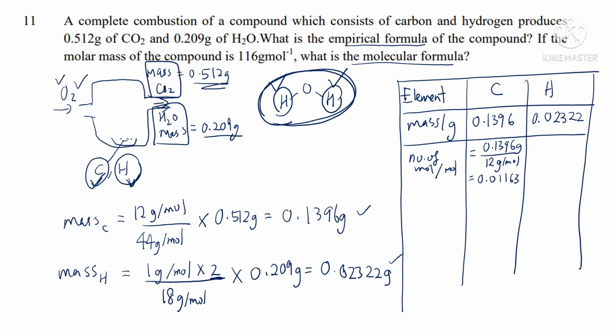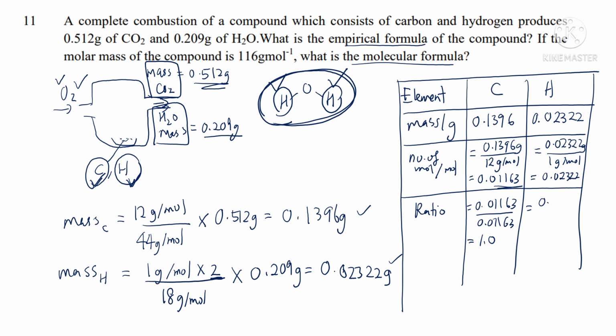That will give us the number of moles of carbon as 0.01163 mole. And the mole of hydrogen, also the same thing: mass divided by molar mass. That will give us 0.02322 mole of hydrogen. Then we can calculate the ratio. For the ratio, we need to divide by the smallest mole. The smallest mole is this one. So 0.01163 divided by 0.01163 gives us 1. And for the hydrogen, 0.02322 divided by 0.01163,